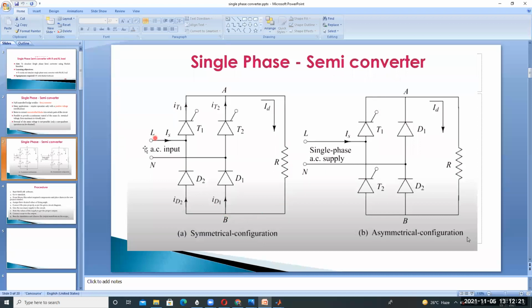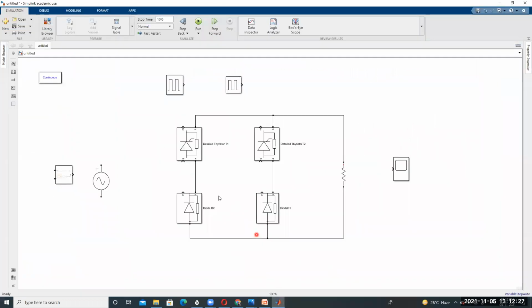Then we have to connect the input supply phase to here and the neutral to here. This phase terminal I connected here, and the neutral to here.